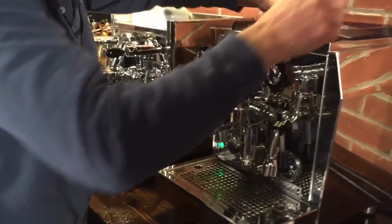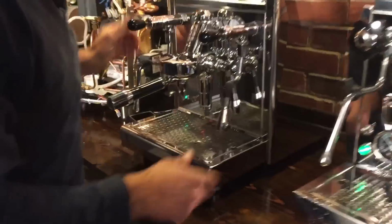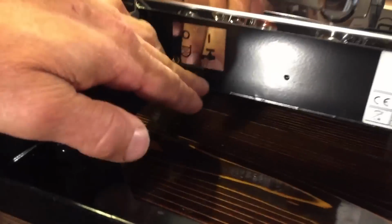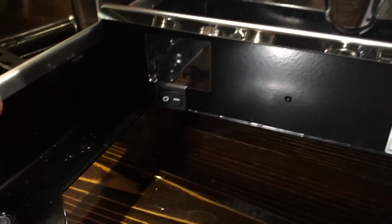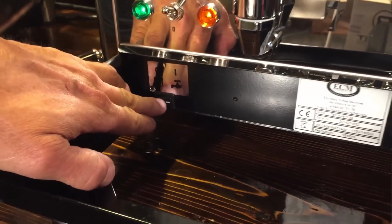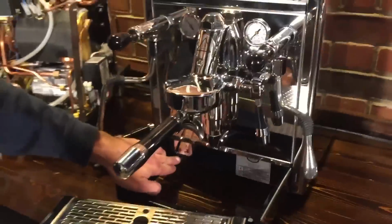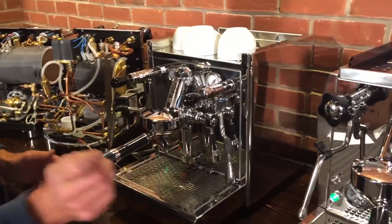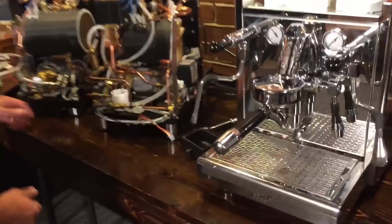There's a switch over on the ECM too, but it operates something kind of different, right? Yeah, it works very differently. When you go over to the water line connection, that just disconnects the reservoir sensor. So now it doesn't matter if you have water in the reservoir or not, the machine will operate. And then you turn a valve on the bottom of the machine, and I'll show you what that looks like